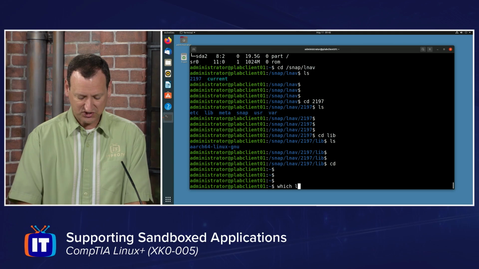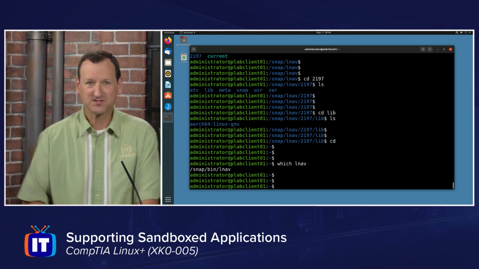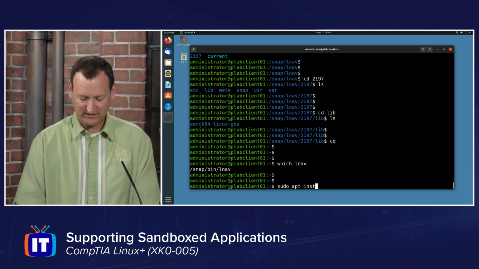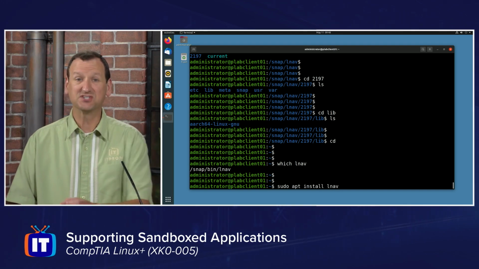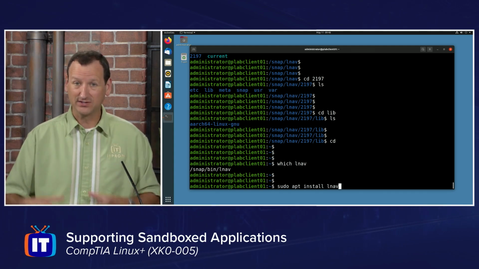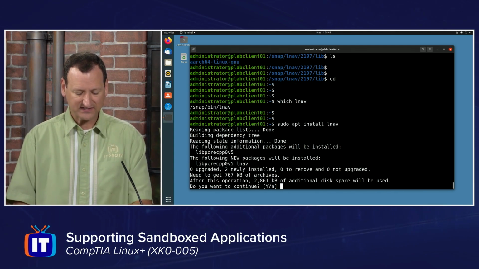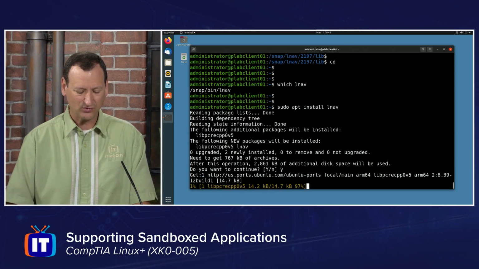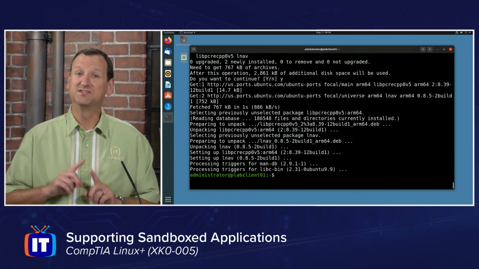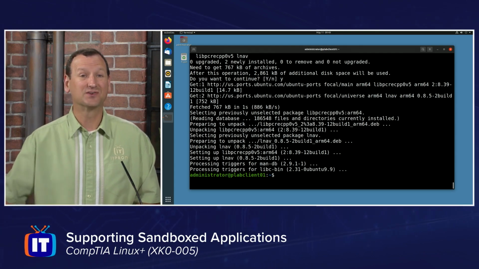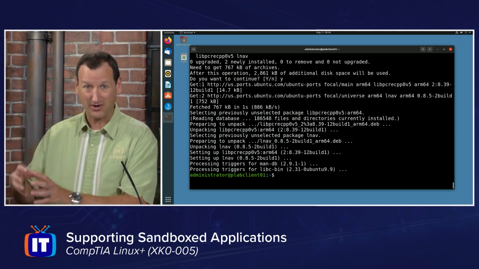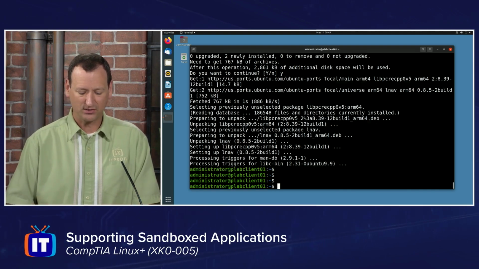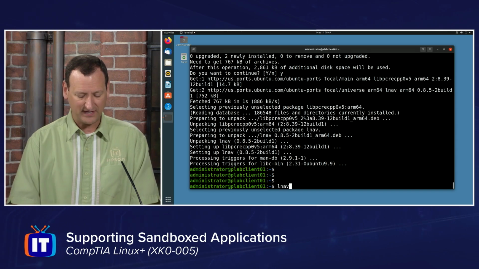And if I run which lnav, it'll tell me that it's running /snap/bin/lnav, right? But now I'll do a sudo apt install lnav. And so now I'm just installing with apt. So this is going to come from the regular Ubuntu repositories. When I run that, it's going to find lnav, and notice it's pulling along some dependencies just like we've seen before, so it's going to grab those, it's going to get them installed. It doesn't recognize the dependencies that were installed with the snap. Those are sandboxed. Those are a part of the snap install, not a part of the base OS. So now it's going to install those here in the base OS, and once it's installed, if I run lnav,